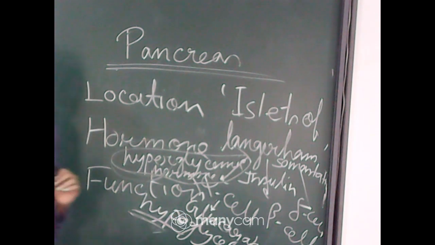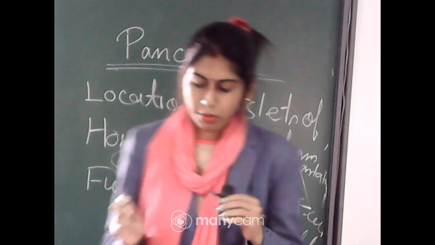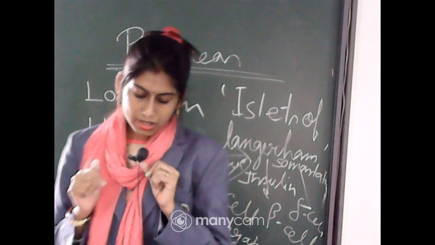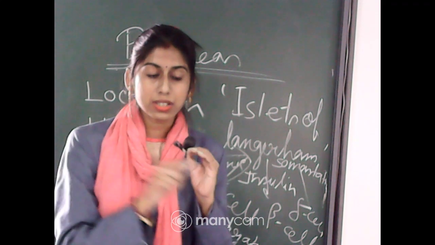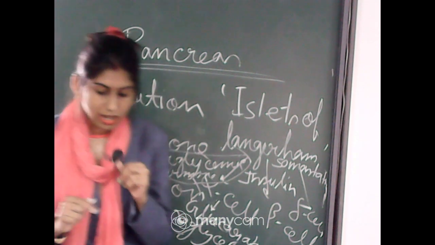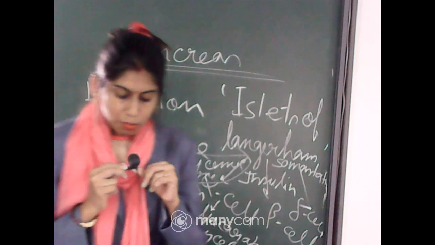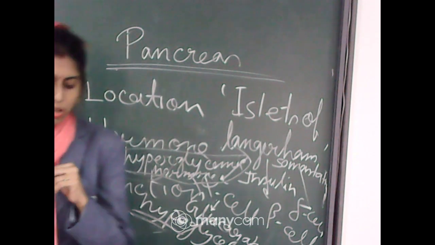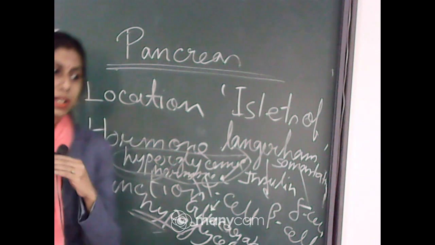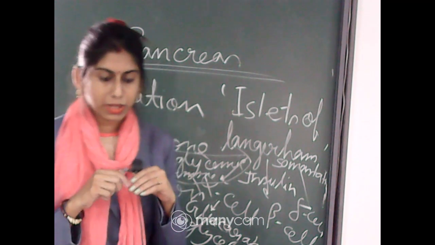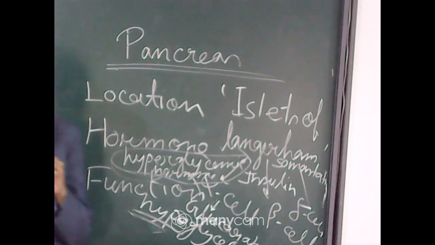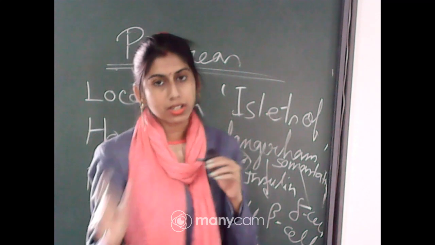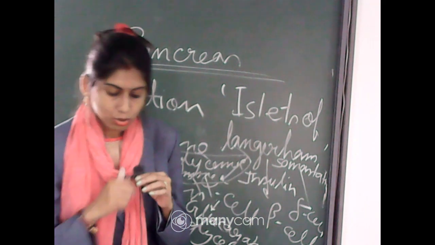Another abnormality or disease which is very important and related to the pancreas is diabetes mellitus. I discussed diabetes insipidus when I was discussing ADH. So another diabetes is there, that is diabetes mellitus. Prolonged hyperglycemia leads to a complex disorder called diabetes mellitus, and it is associated with the loss of glucose through urine and formation of harmful compounds known as ketone bodies. So in this particular disorder, glucose will be released through the urine.